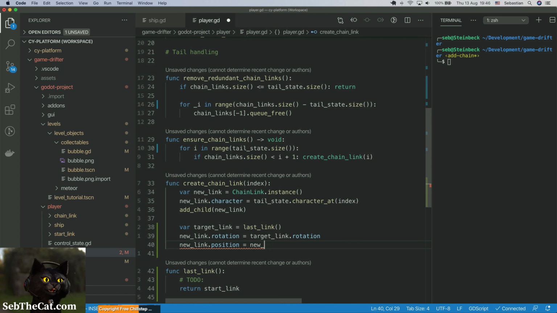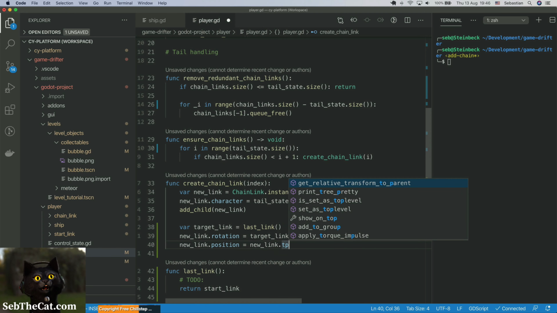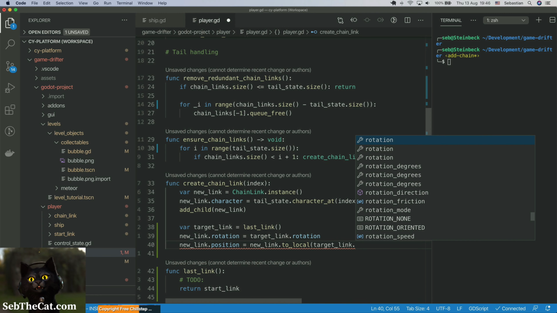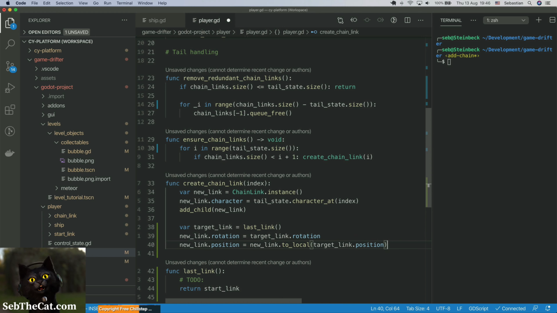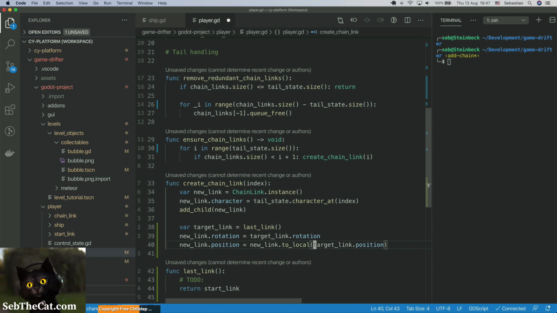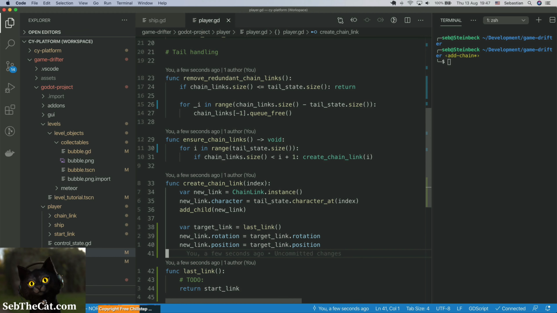And then we can say that the new link dot position is equal to, now this is going to be a little weird, but I think new link dot to local, the target link plus target link position, right? Dot global position, right? So basically what we do is, oh no, because they're all siblings. Yeah, so this is much easier now. So we don't even need to do that, do we? We just, oops. Right? So we set the position to be a little bit like that, and now we just